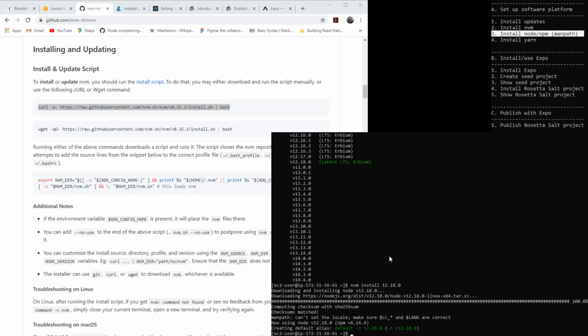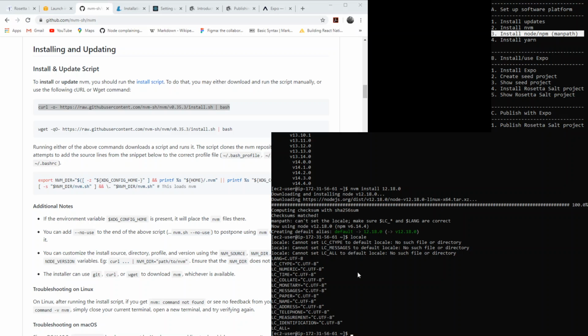I will, however, point out something that's also in the plan. I've got man path in parentheses. And so I was going to take just a minute or two to try and correct that for us, just to have a clean platform. So you can see that it can't set the locale. Make sure these different environment variables are set. And so if I type locale,